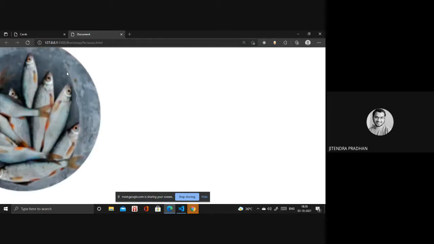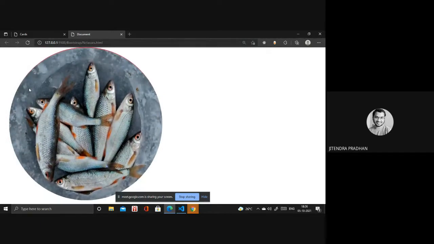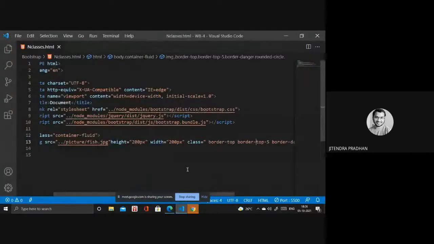Only one side is marked in that red danger color, but the others are not. So if you want to apply to left, right, top or bottom, then you have to use that particular one. I hope you got this point.